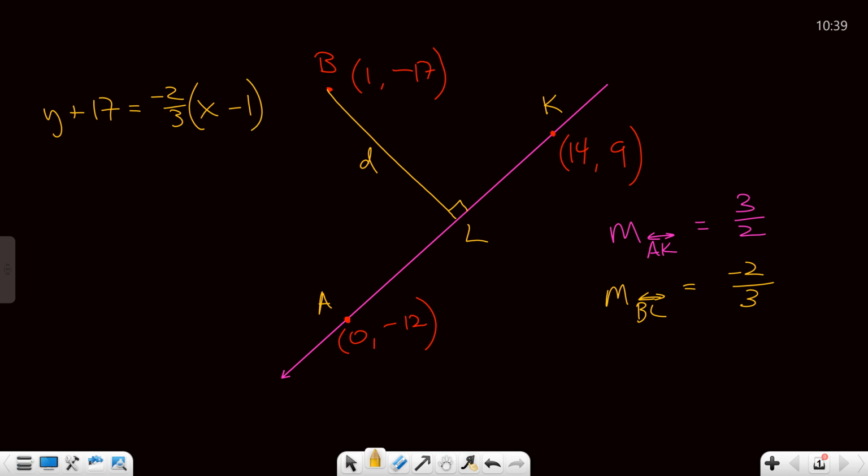We're so close. Okay. Big deal. I now know the equation of the path that Brandon runs along. But that's not what I'm looking for. I'm looking for the distance. So now what? Distance formula? Not yet. Because we're missing one crucial piece of information. We're missing point L. If I know the location of L, then I can just plug and chug in my calculator and everybody's happy. How do I find where L is located?